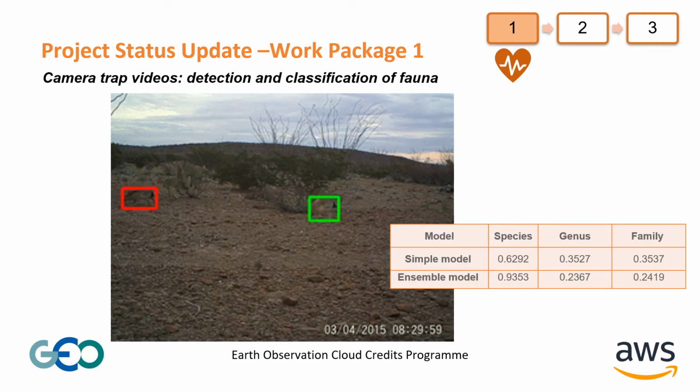With this slide, we jump to the results of work package 1 that focus on the use of camera trap videos for the detection and classification of fauna. As most of the video data do not contain animals due to the camera being triggered by wind-induced movement of branches, we start by answering the basic question: is anything of interest contained in the video? And if the answer is yes, we then proceed to find out what it is. All videos were processed frame by frame as images, establishing bounding boxes like the ones you can see on your screen with the MegaDetector model.